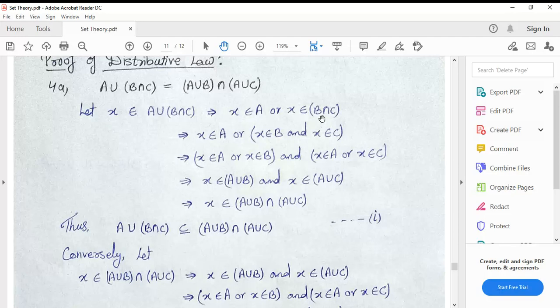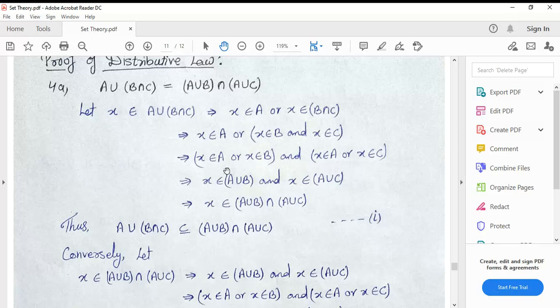Now apply the intersection property: x belongs to A or x belongs to B, and x belongs to A or x belongs to C. Now what is the meaning of OR?